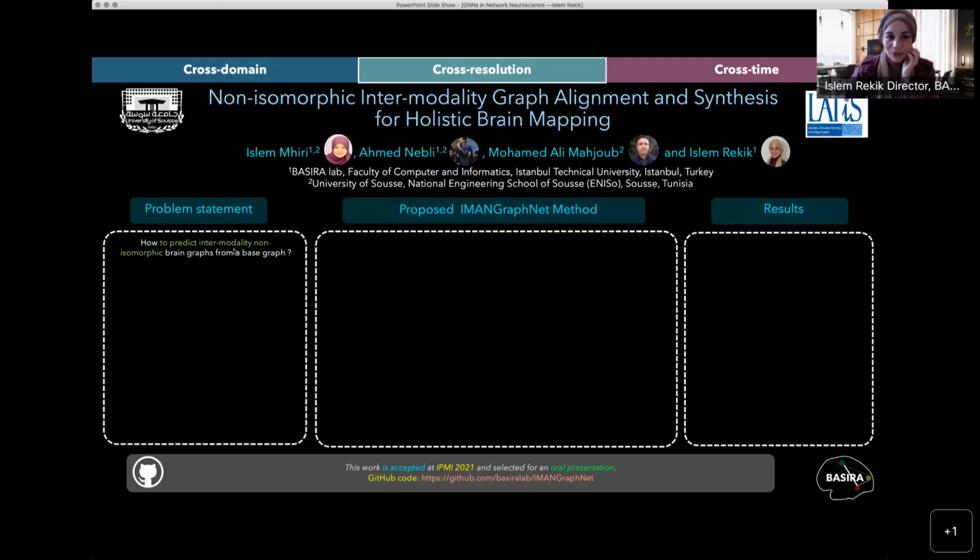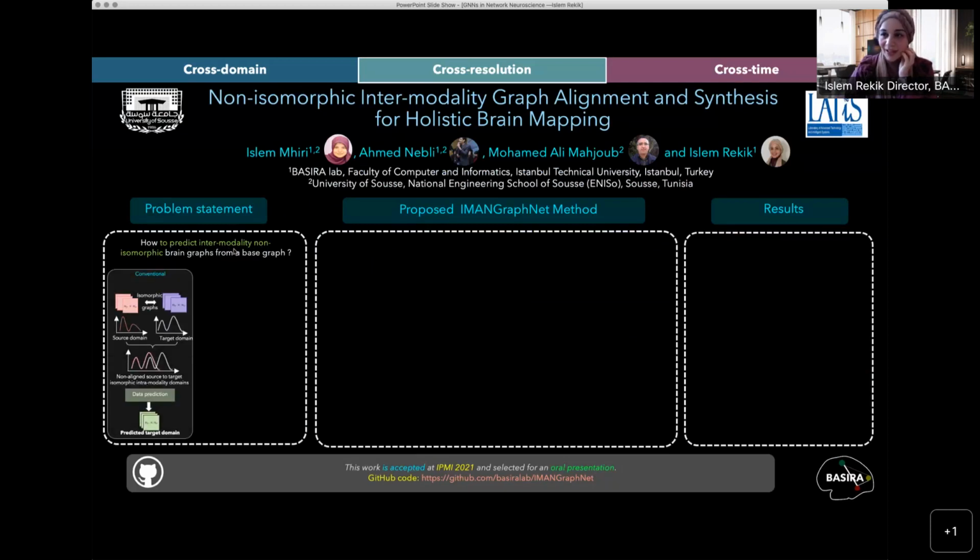Non-isomorphic: one of the ways to break isomorphisms between graphs is to change the number of nodes. That's kind of obvious. Conventionally, there isn't any method that tried to solve this problem, but the methods that existed back in 2021 only worked on predicting graphs with a similar number of nodes, so going from NR by NR adjacency matrices to NR by NR adjacency matrices. Also, the existing works did not take into account the gap or the domain fracture in distribution between the source and the target spaces.